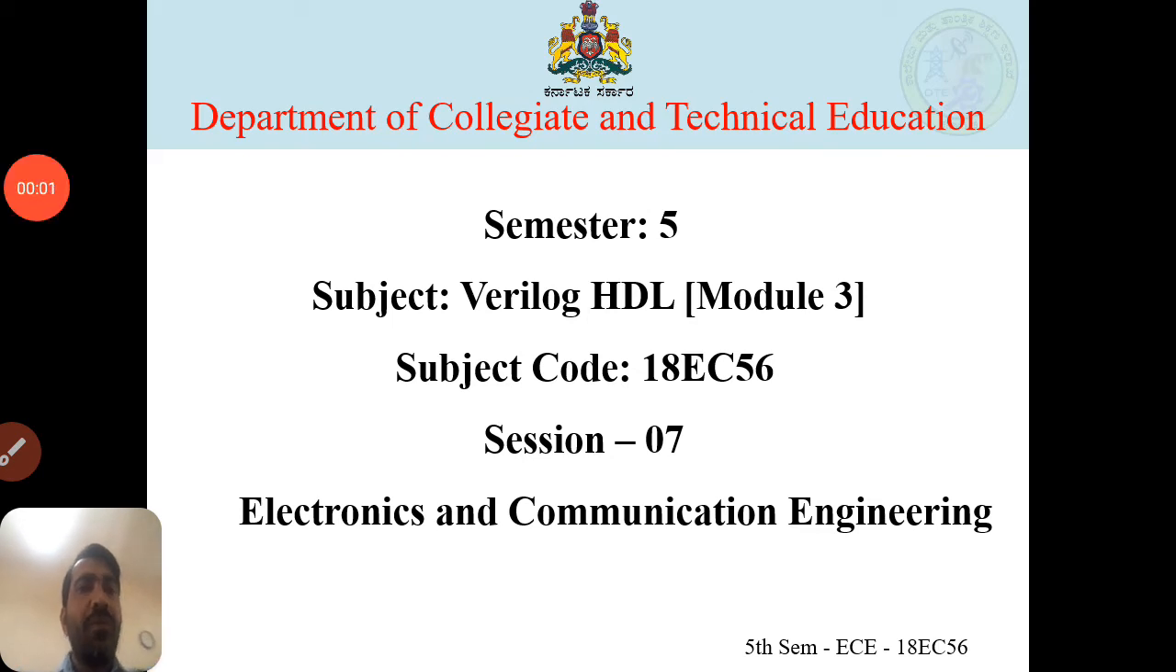So welcome to session 7, that is Verilog HDL subject module 3. In the previous 6 sections, module 3 is divided into two chapters: gate level modeling and data flow modeling. As we know, there are four types of HDL modeling: gate level modeling, which we can also call structural modeling,